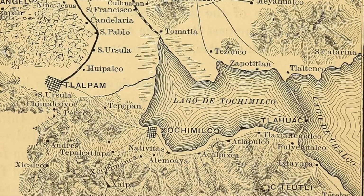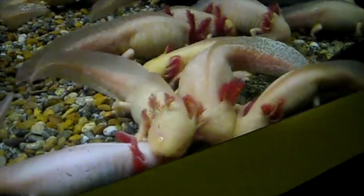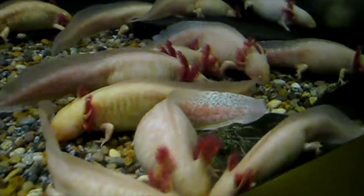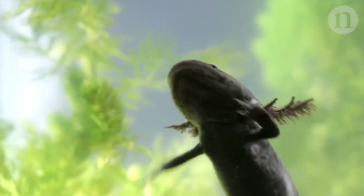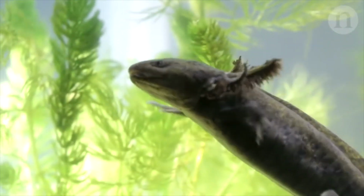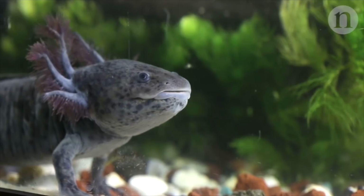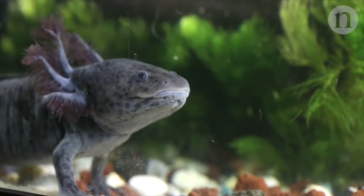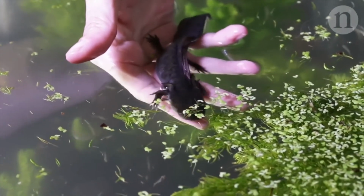So why is this important to Lake Xochimilco? Well, remember, the salamanders living in this lake were pretty much isolated from all other salamanders, resulting in a lot of inbreeding. Let's say one day a salamander was born with a mutation that prevented it from metamorphosing. In any other lake, this wouldn't be a big deal. Natural selection would probably kick in and prevent this mutation from spreading to the rest of the population. But in Lake Xochimilco, where salamanders have no choice but to interbreed, this one salamander could spread its mutation among